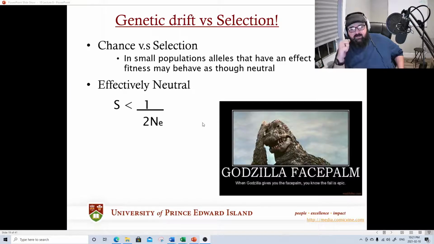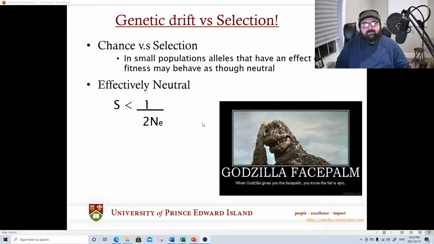What that means is things that are mildly to moderately deleterious, so they're bad for you, they're not lethal, they start to act like neutral alleles. And neutral alleles drift. They move around by random chance. Neutral alleles, because they're drifting, can become fixed in the population, which means they can become 100% of the alleles. So in small populations, selection is hamstrung to such an extent that deleterious alleles that would normally be removed from the population or maintained at low levels through mutation selection balance actually become the only allele at a